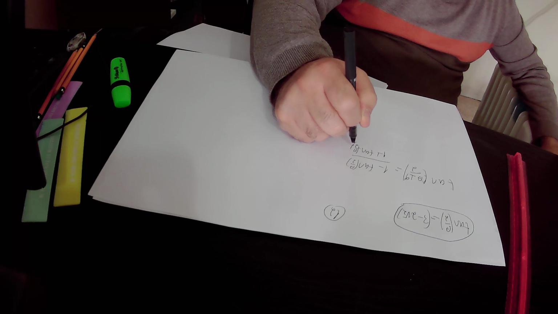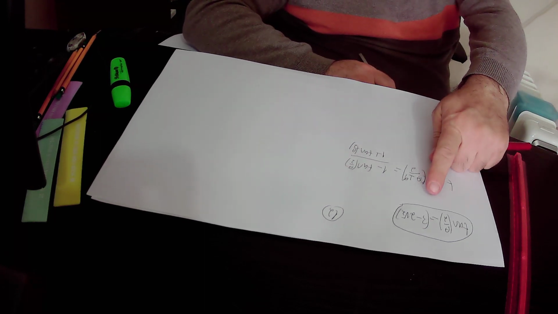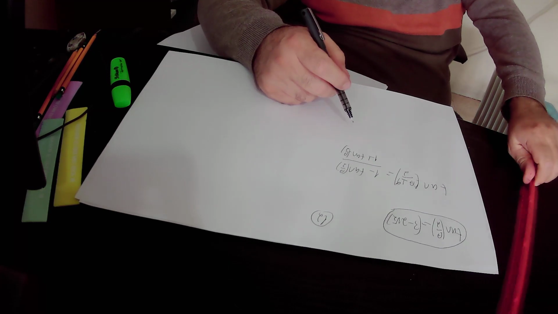So we substitute tangent theta over 2 inside this equation by 3 minus 2 times square root of 2, and we get